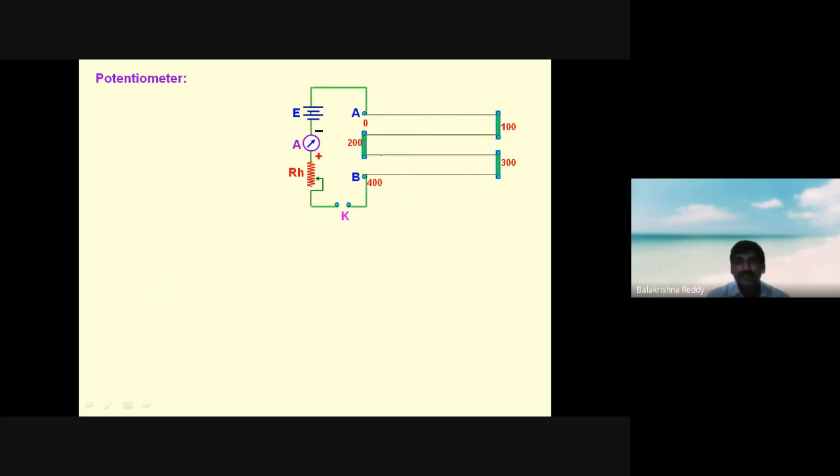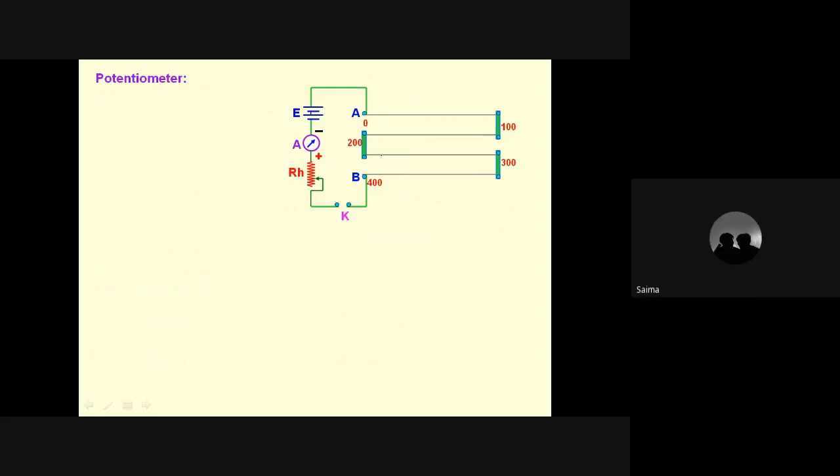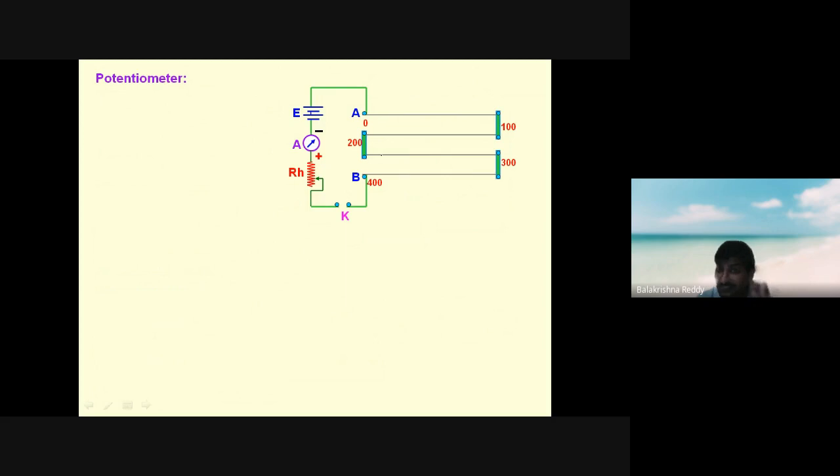What will the potentiometer do? First, a potentiometer is used to determine the EMF of a cell. Second, it is used to compare the EMF of two cells when connected. And it is also used to find the internal resistance of a cell. Are you getting my point? Yes, sir. These three are experiments in our practical examination also. But in most cases we will do internal resistance and comparison of two cells.